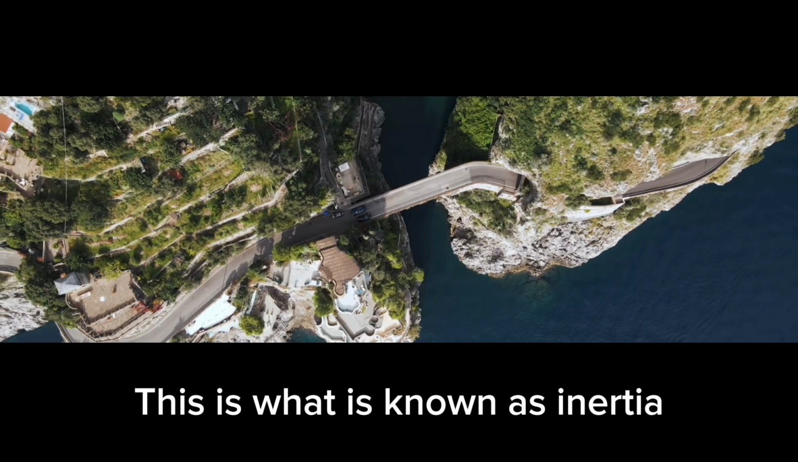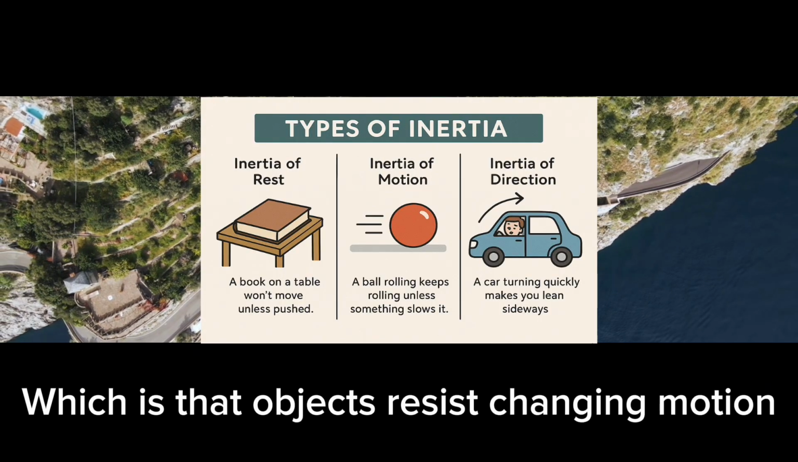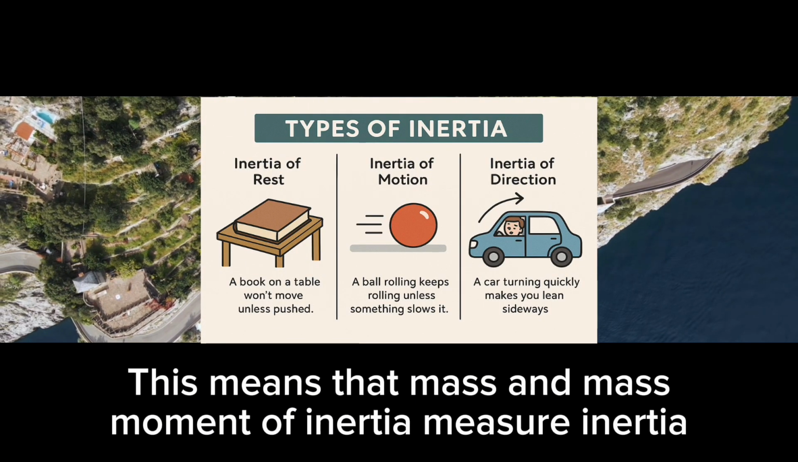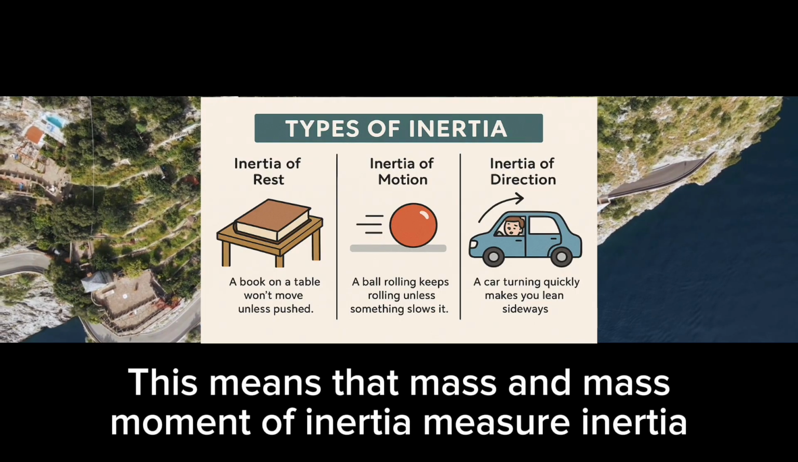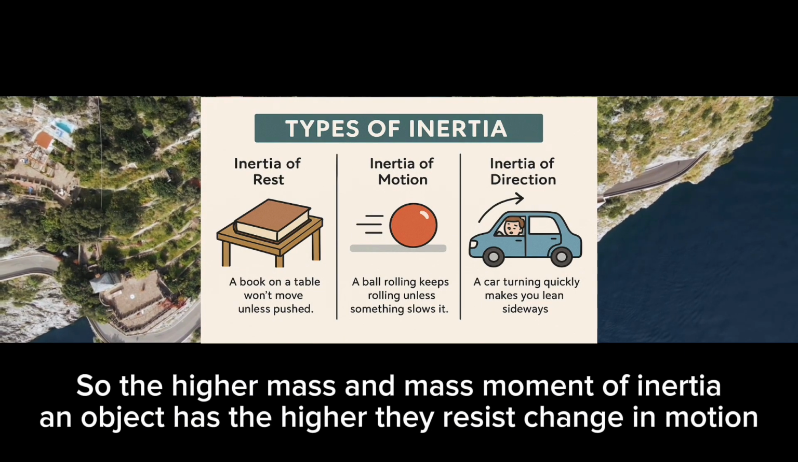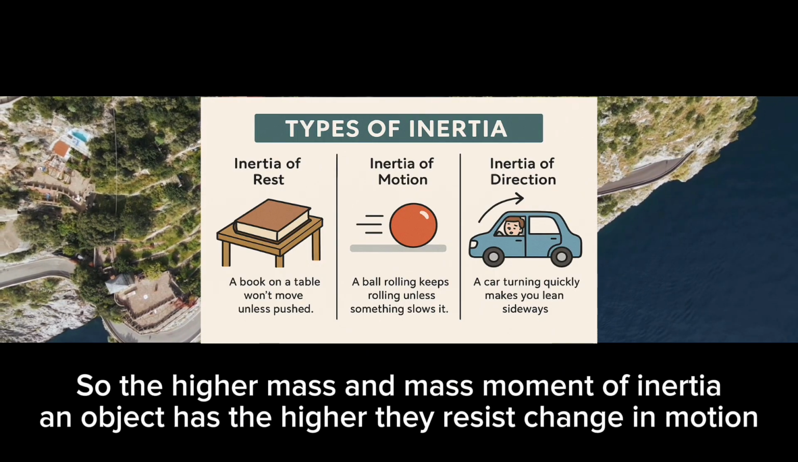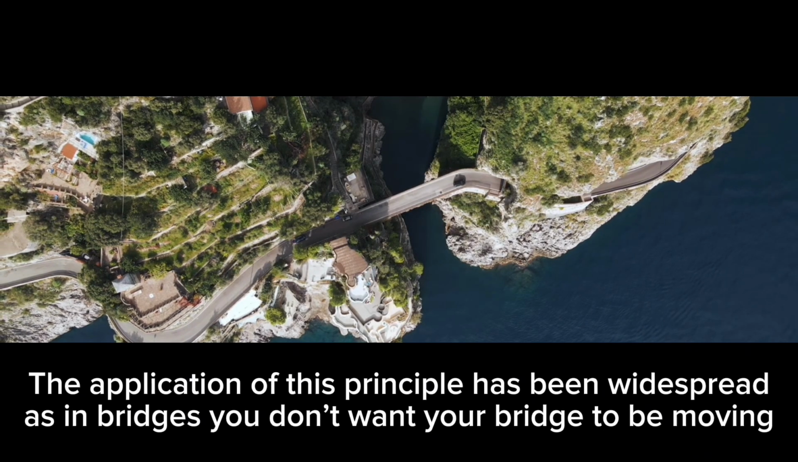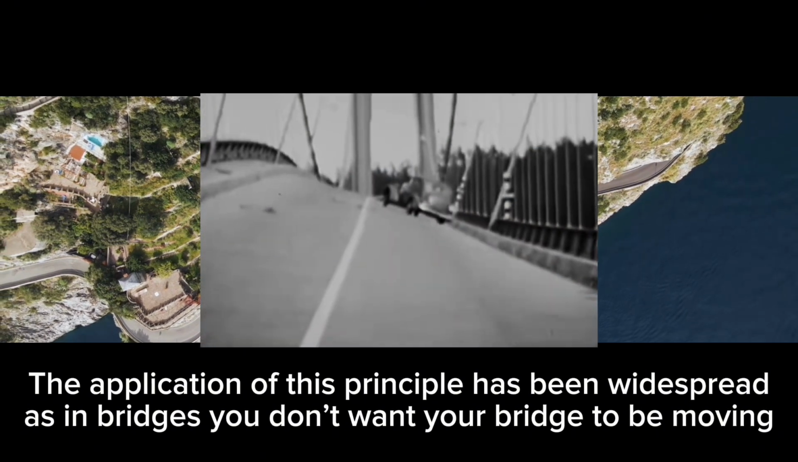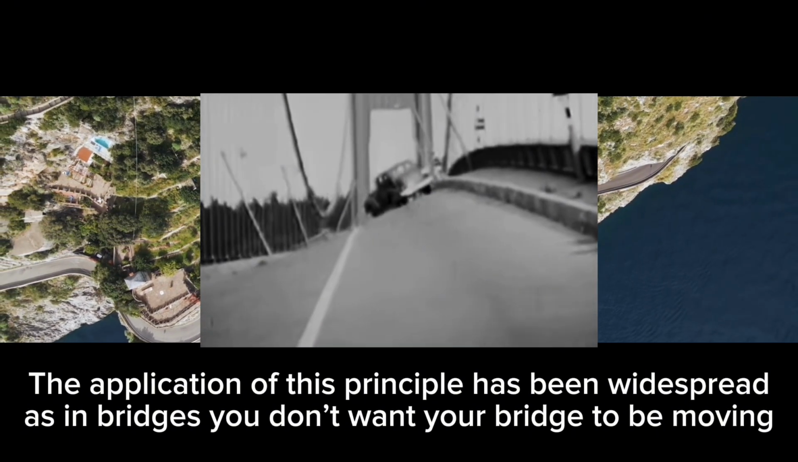This is what is known as inertia, which is that objects resist changing motion. This means that mass and moment of inertia measure inertia, so the higher mass and mass moment of inertia an object has, the higher they resist change in motion. The application of this principle has been widespread, as in bridges, you don't want your bridge to be moving, so